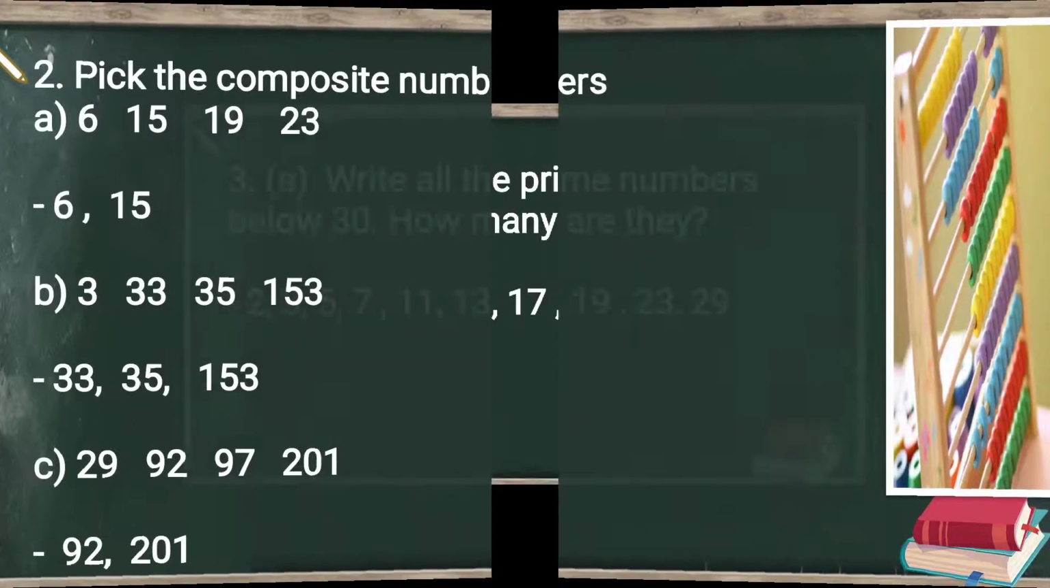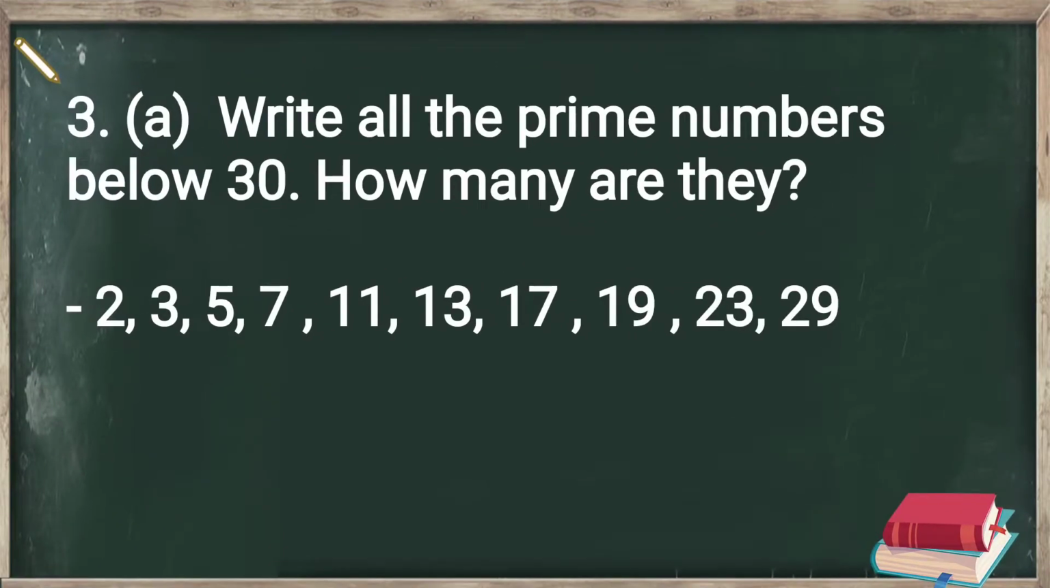Third, A part: write all the prime numbers below 30. How many are they? They are asking us to write all the prime numbers below 30 and how many there are. So the prime numbers below 30 are 2, 3, 5, 7, 11, 13, 17,